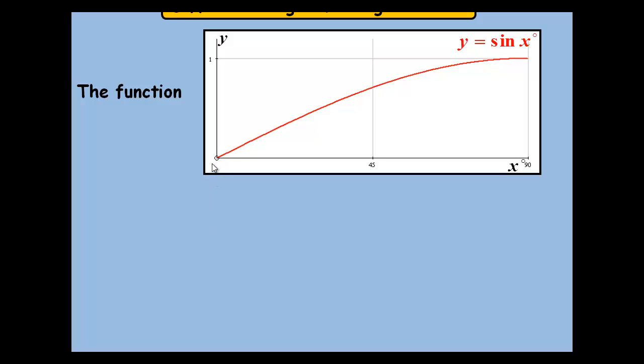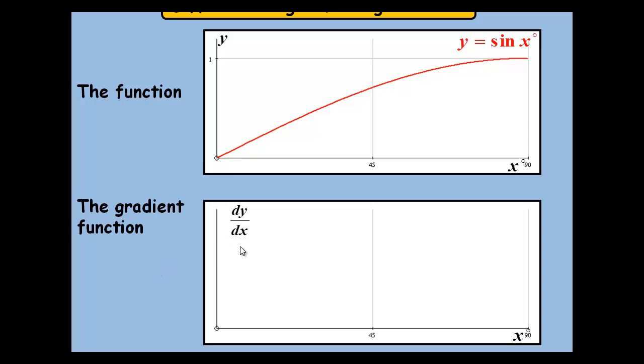Now let's have a look at what happens to the gradient at different points on this curve. Well, if we draw out a scale for the gradient function here, draw out 0 to 90 on the x-axis and just make an approximation of what the gradient looks like on this vertical axis here. So start off at 0 and we can see that the gradient looks like this. So if we just plot that somewhere on this vertical axis, say there,